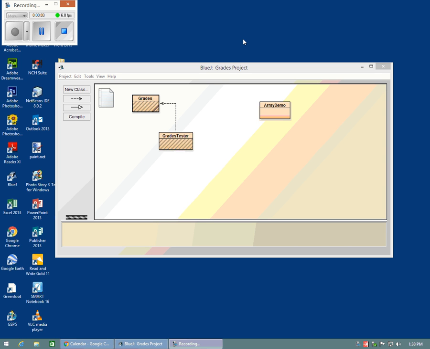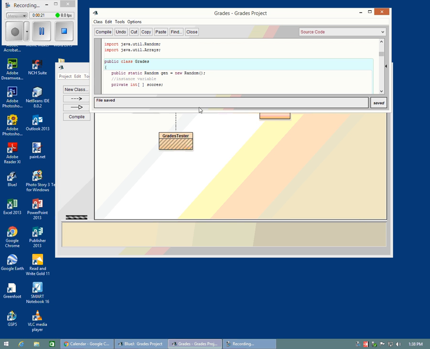So in today's lesson, we're going to work on the grades project that we received yesterday. Yesterday we should have gotten started on it. We should have created a grades class and a tester class. In the grades class itself,